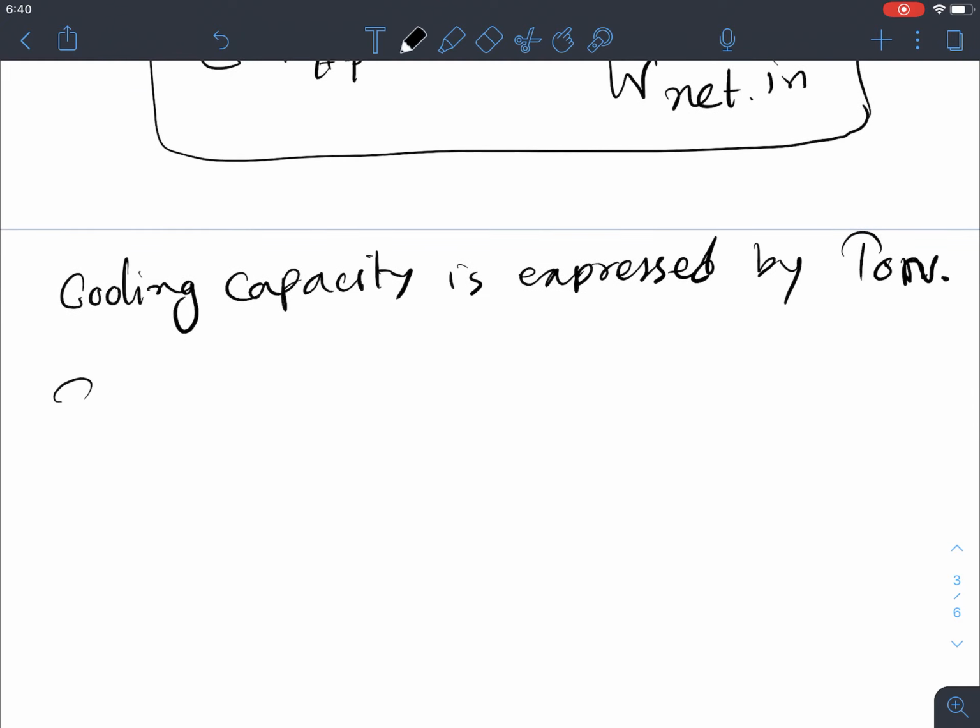So what is the ton? What is the definition of the ton? The definition of the ton is basically the capacity